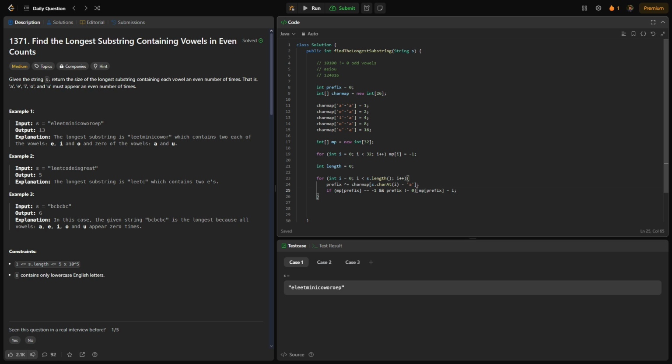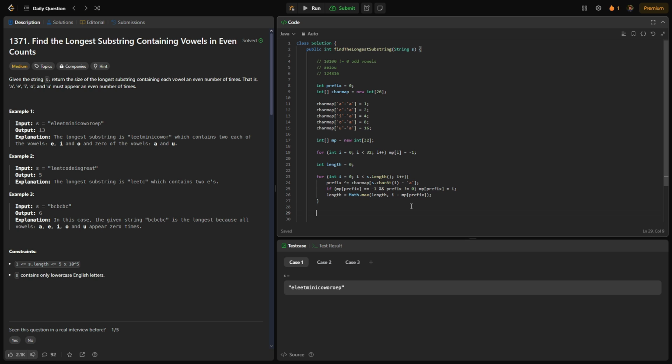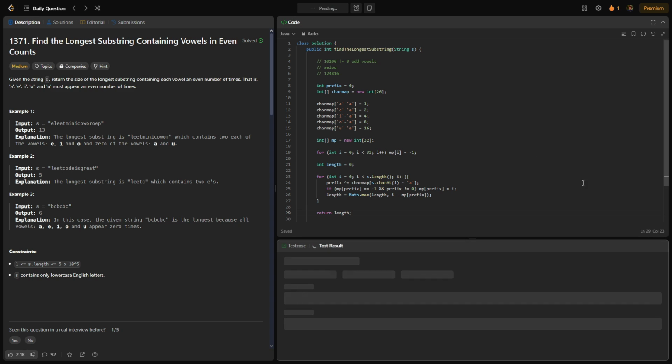We can then update our length to be the Math.max of our length and i minus mp of prefix, finding our last known even prefix. We can then return our length, and if we run this,